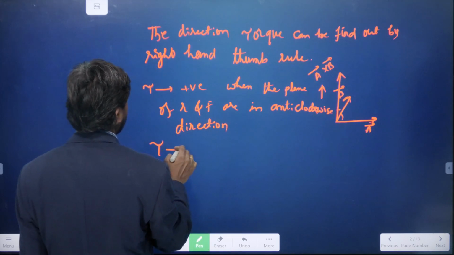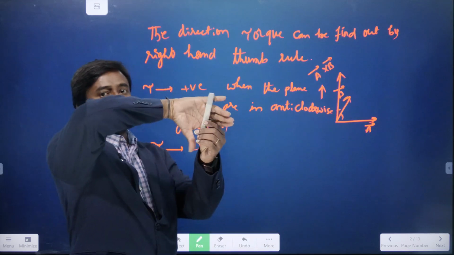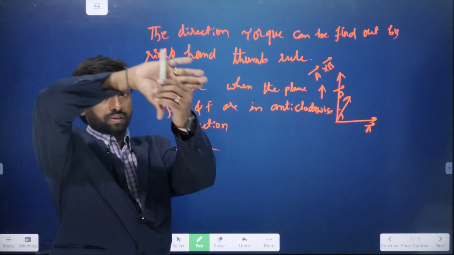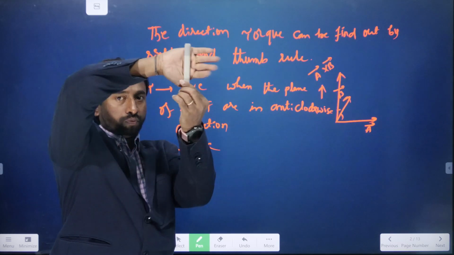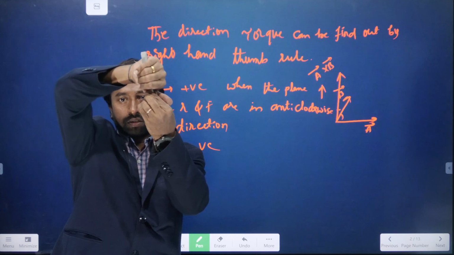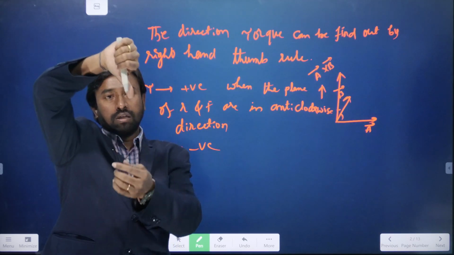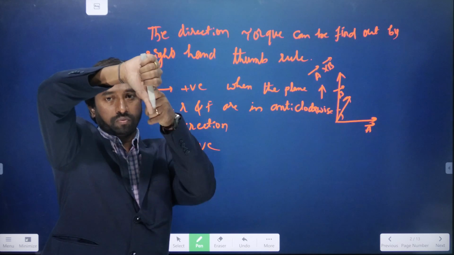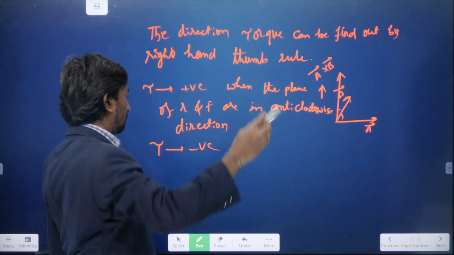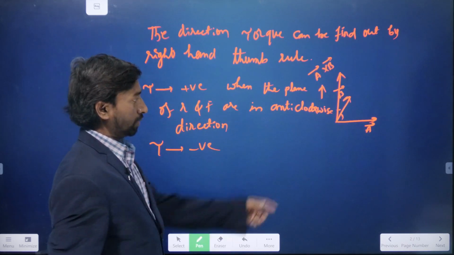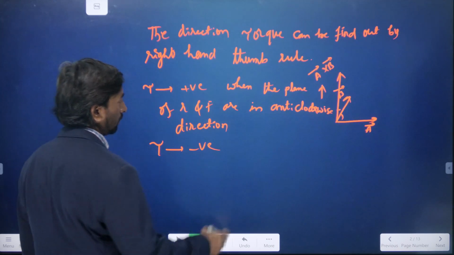Okay, and this T can be taken as negative here. It is the clockwise direction. Whenever it is moving in the clockwise direction, suppose let us see here, this is the right hand and it is moving in a clockwise direction, towards the right side. If it is a clockwise direction, then the thumb indicates downwards, so the torque is along the negative direction. So here it can be taken as negative y-axis. So here we can write that the torque will be negative